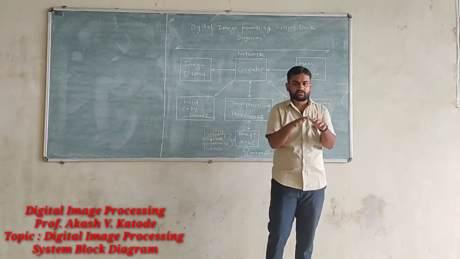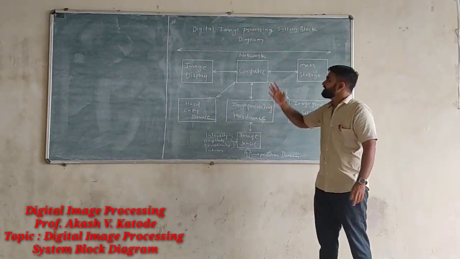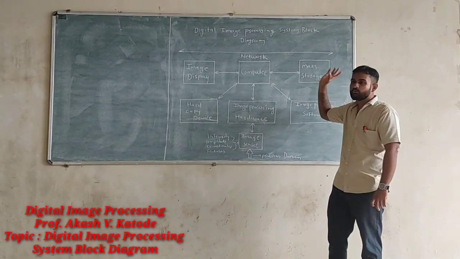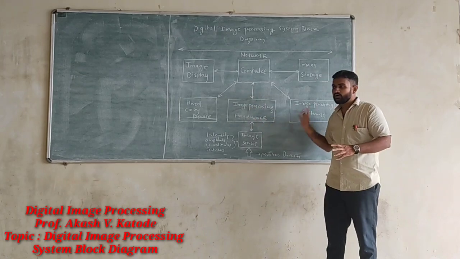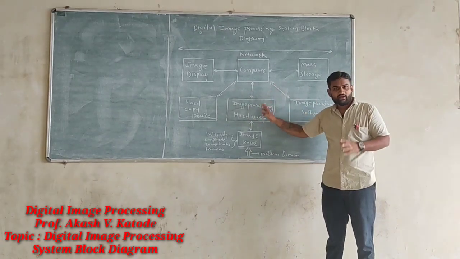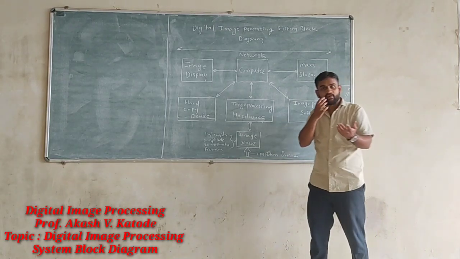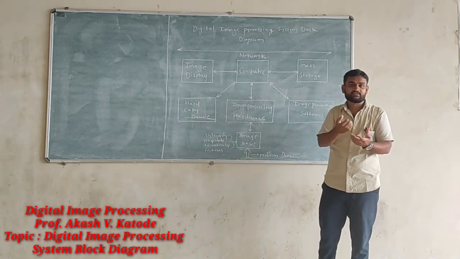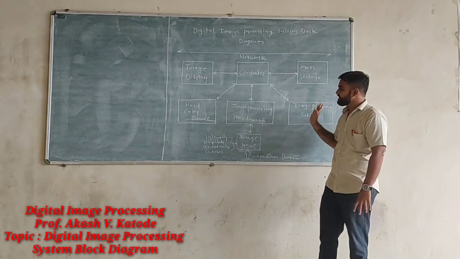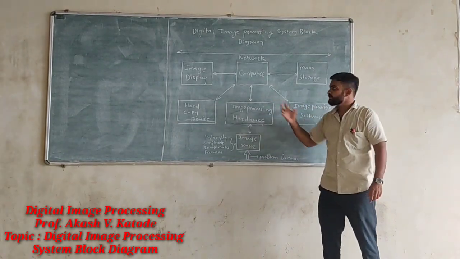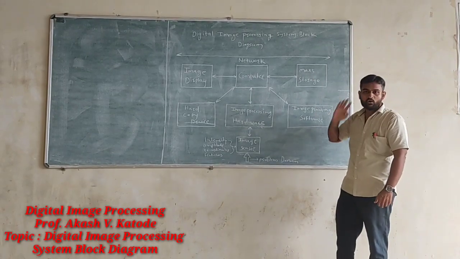In today's video lecture, we are going to start a discussion with a new topic, that is the digital image processing system block diagram. We are going to understand all the blocks of this block diagram. But first you have to watch that earlier video where we understood the quantizer and sampling section. The digitizer plays a very important role in this block diagram also. So we are going to start the discussion with the digital image processing system block diagram.